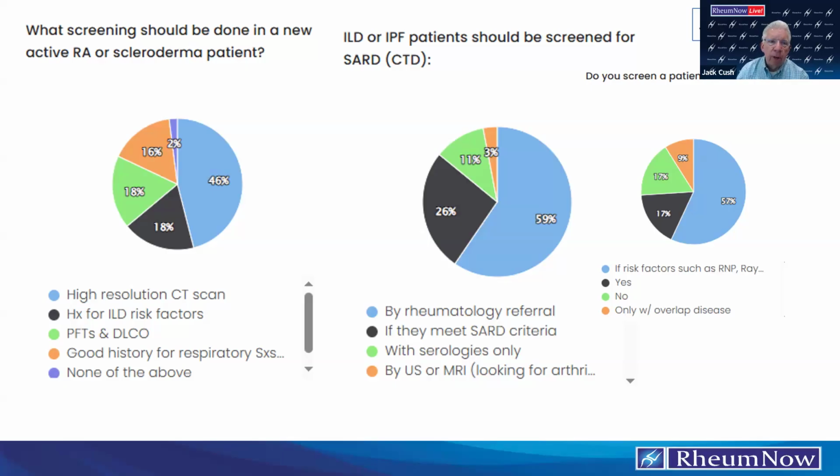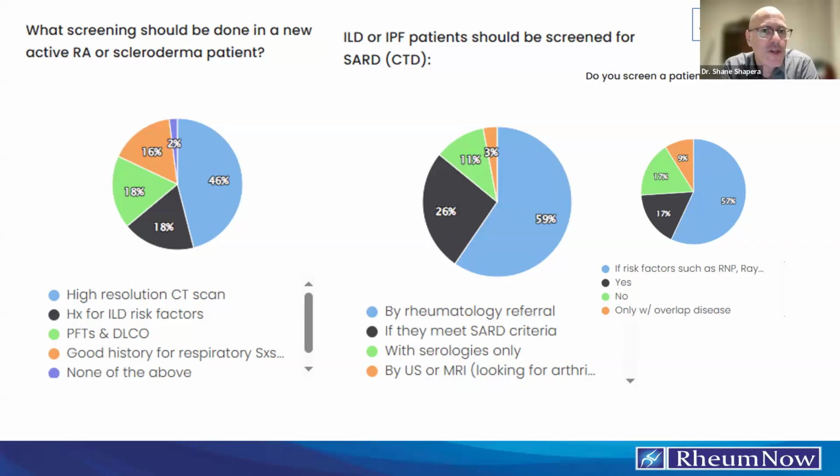What really happens in pulmonary clinic, Dr. Shapera? Yeah, so those who voted by rheumatology referral, be careful what you wish for. Unless you're out of work and you need work, you know, IPF is an uncommon disease, but it's getting to be more common. And if I send you all my IPF patients, you won't have time to see the actual people who've got joint disease that need you to see them. So I'd actually disagree that we should be sending everybody to a rheumatologist. But I do think that it's part of the pulmonologist's assessment to be carefully asking.